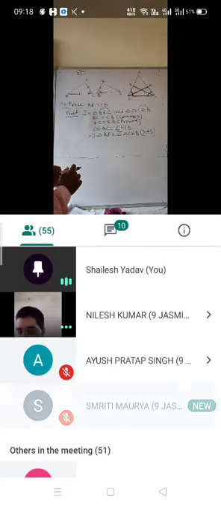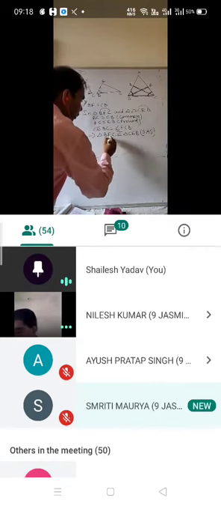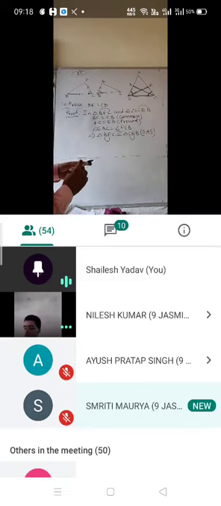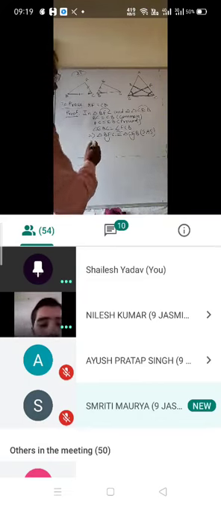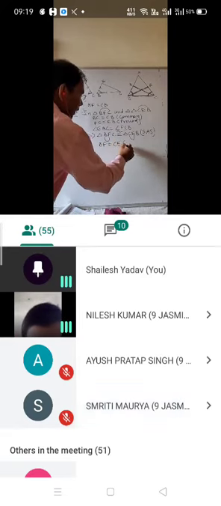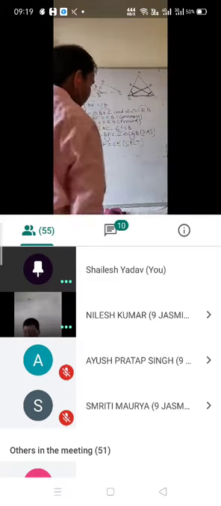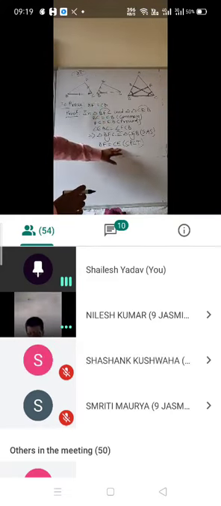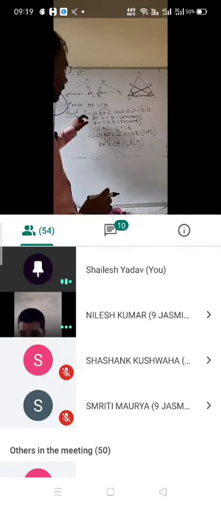So now students, in the question you need to prove that BF equals CE. If these two triangles are congruent, then BF and CE are in the same position, BF and CE. So here what can you write? BF equals CE, that is by CPCT. BF equals CE by CPCT. So that is proved. So yes, Nilesh, any confusion regarding this?